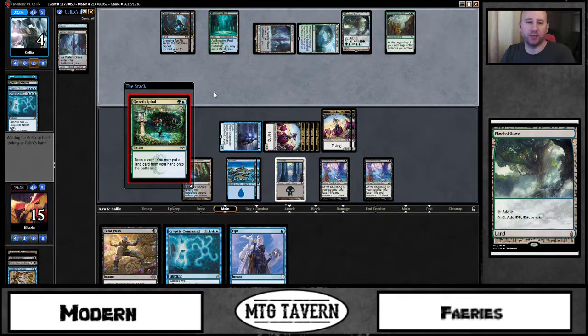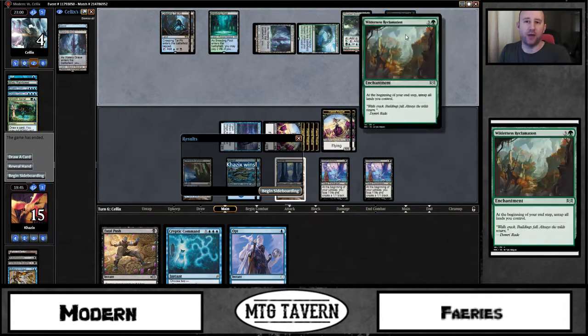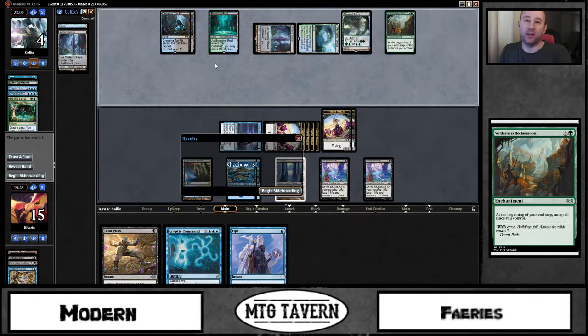Okay, I guess we're just gonna let this resolve. That's fine. The consideration was to counter and... Oh, we win anyway. Never mind. I'll say the consideration there was to counter and bounce this. And if they have a counter spell, that's...